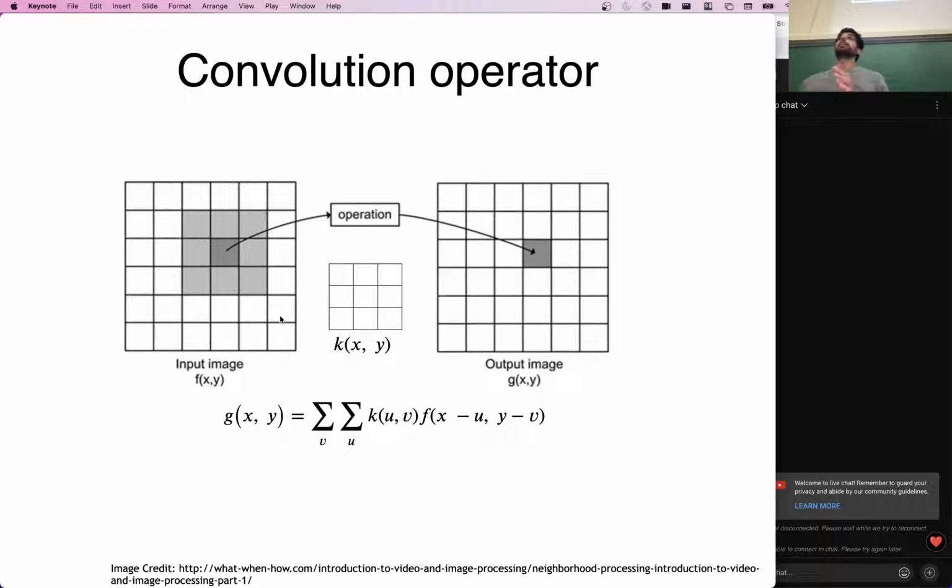What we generally do is define a smaller matrix. We can call this a kernel, which the values here are generally learned. And what we do is we slide this kernel over every single pixel in this input image. And we perform basically an element-wise multiplication on the corresponding region of that image that is centered around a particular